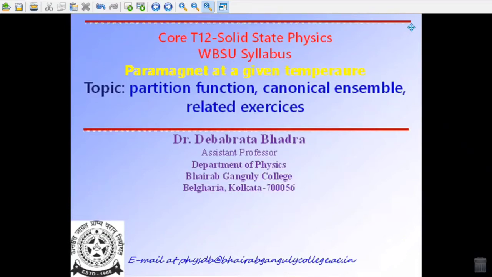So, for the derivation of the probability as well as the energy for the microscopic state for n spins, we have calculated already the partition function and the related thermodynamic quantities like pressure, magnetization, etc. How is it related to the partition function, such that E is equal to